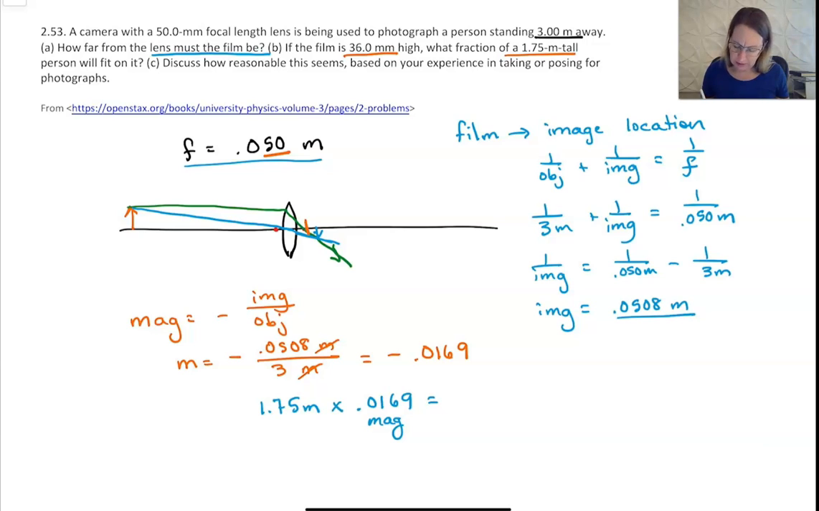And so when I calculate that, I get 0.0297 meters, which is 29.7 millimeters, and so that will fit on a 36 millimeter film. So 100% of the answer to B is that 100% of the person will fit the height of the person, and that makes some sense. If you think of something about 9 or 10 feet away, somebody that far away, usually you can get the whole person in your photograph. If you're closer, you get a smaller view because we change our magnification at that